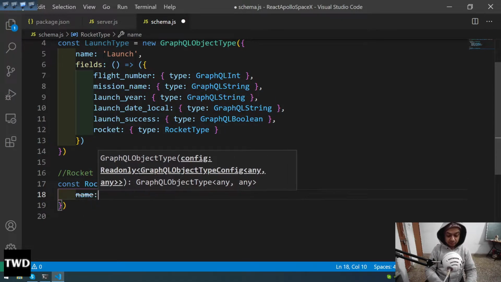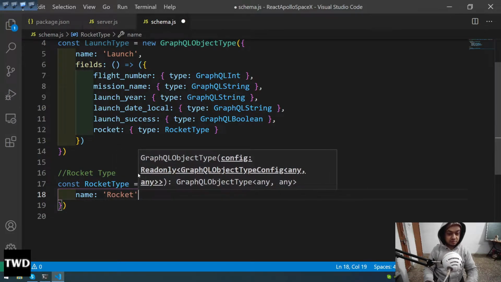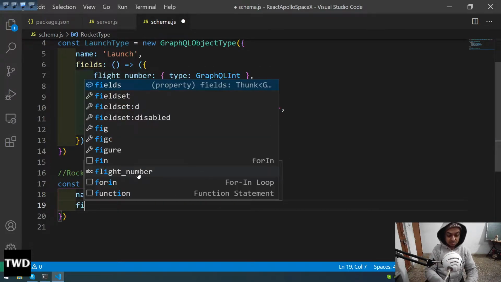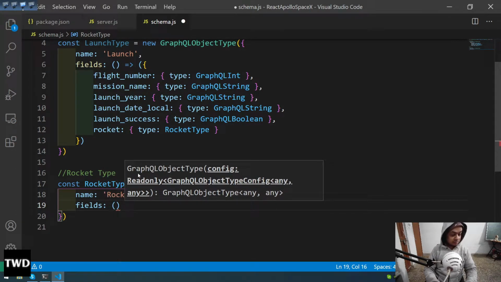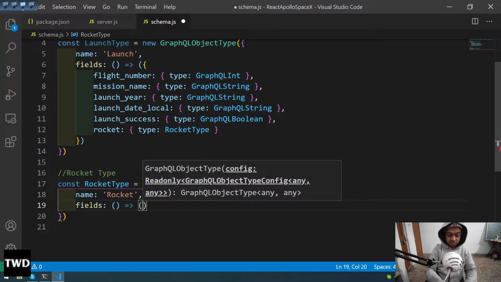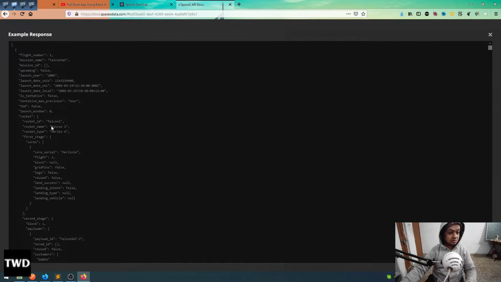Name will be Rocket, comma, fields will be there: rocket ID, name and type. So all of them are string. Rocket ID,